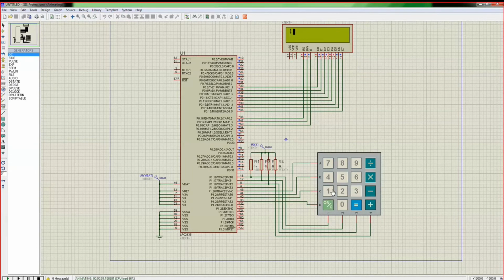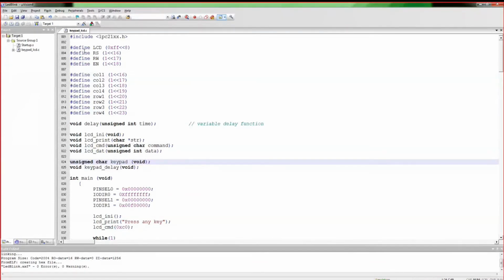This one, clear. So in the program initially, I have given some definitions. Why have I given some definitions? Because in the program, instead of using the pins, I can use the name itself. Right. So LCD, I have mapped to FF left shifted by 8. RS is 1 left shifted by 16. R bar W is 1 left shifted by 17. Enable is 1 left shifted by 18.